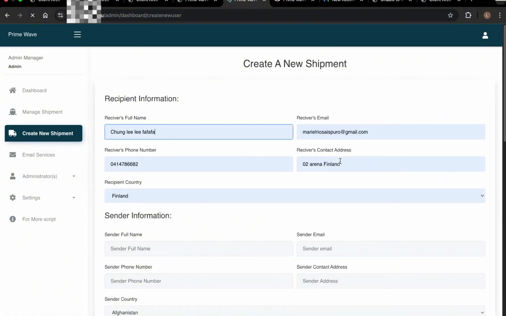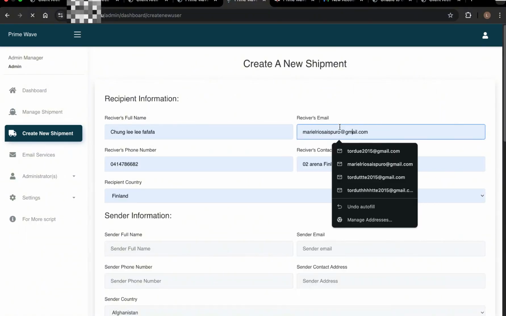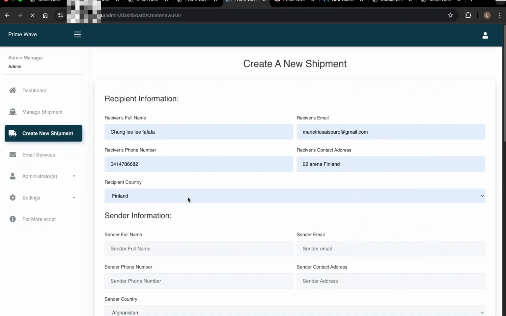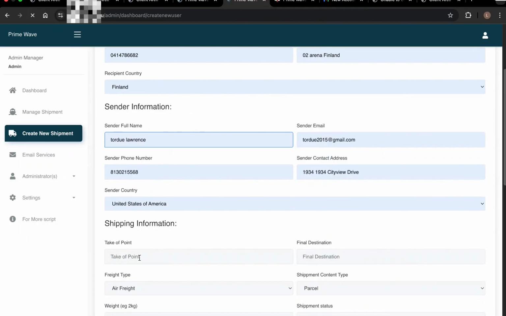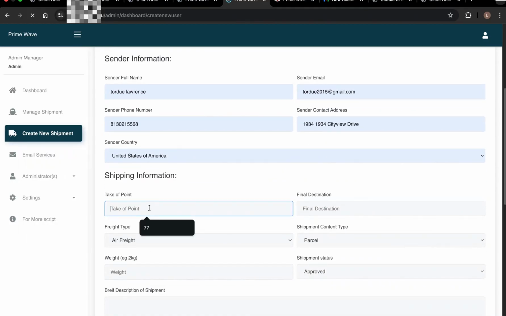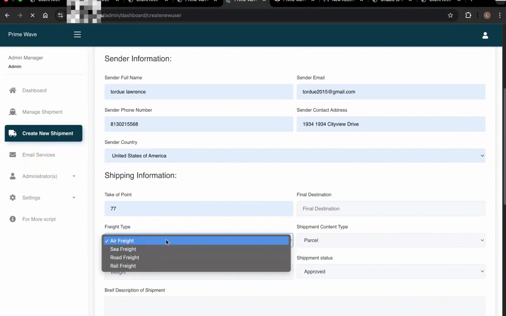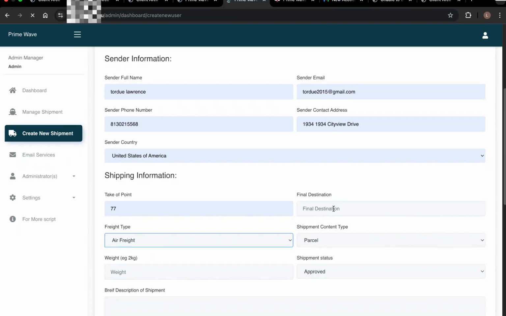Let's write the name, then receiver's email, and then sender's information. Let's say sender's information, and then takeoff point. Let's say 77 should be on air freight. Let's say air freight or sea freight or road or rail. So let's say air freight, and then